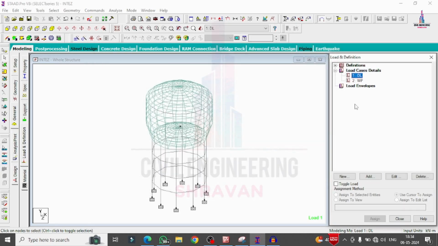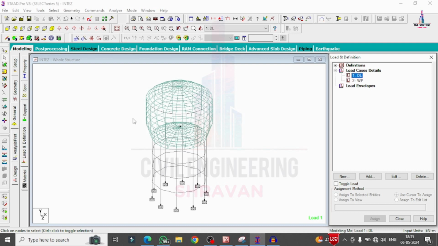Now I'm selecting dead load. Initially we will add the parameters which come under the dead load. For this particular water tank, we are considering only the self weight. Why? Because we are not applying any kind of walls on the water tank, and we are not providing any flooring work. That's why I consider only the values related to the self weight factor, the own weight of the structure, under the considerations of the specifications.